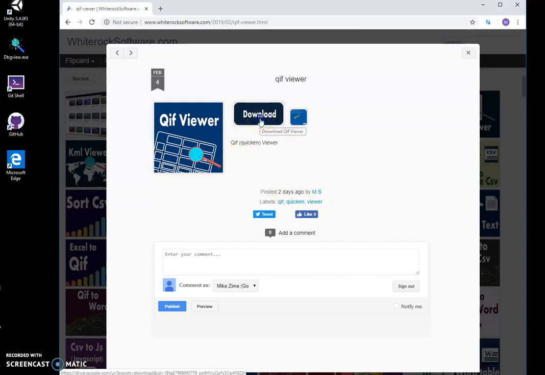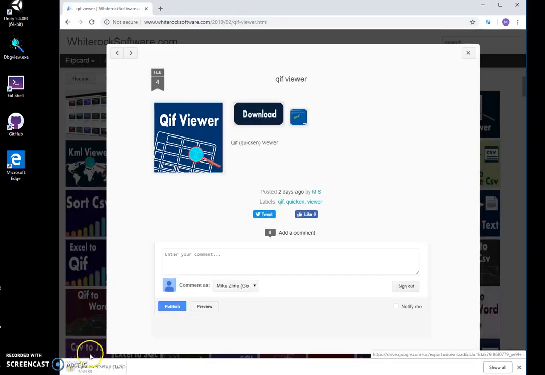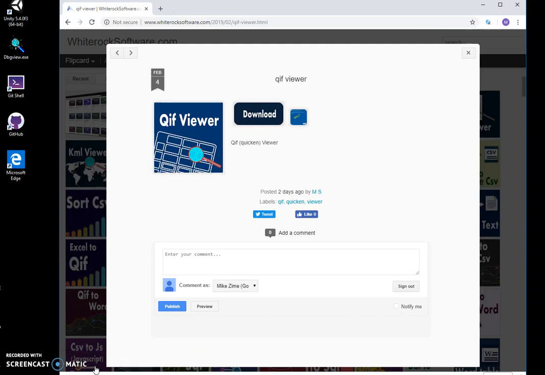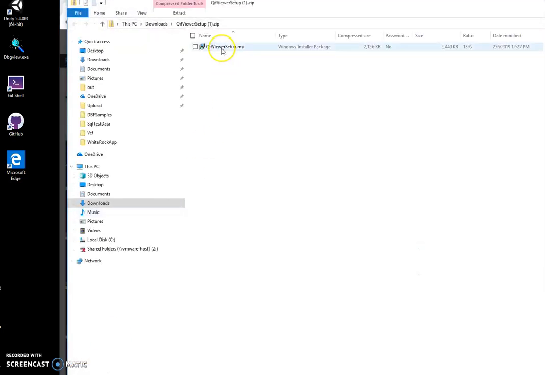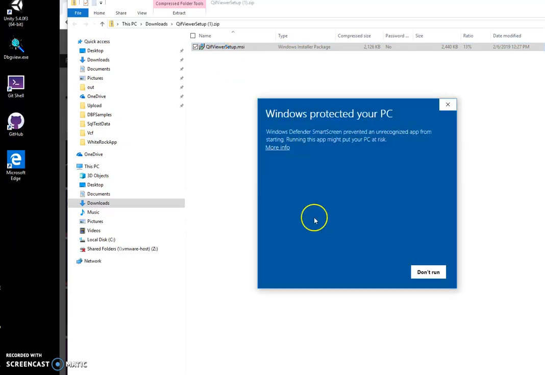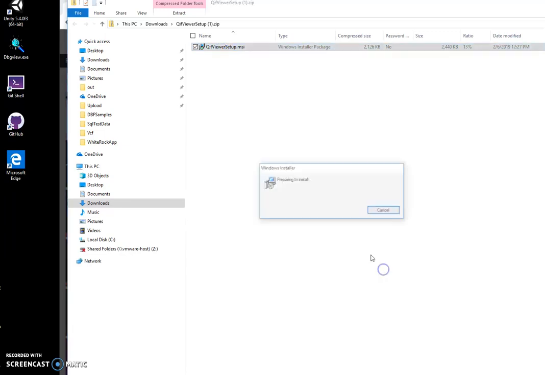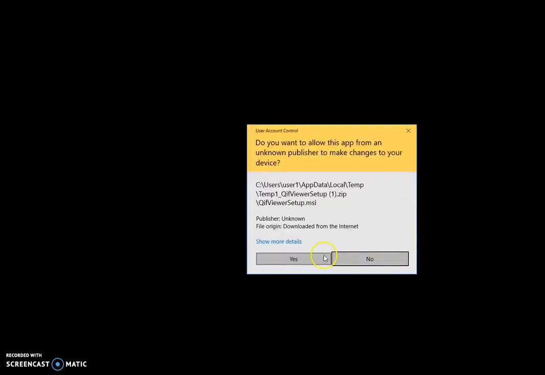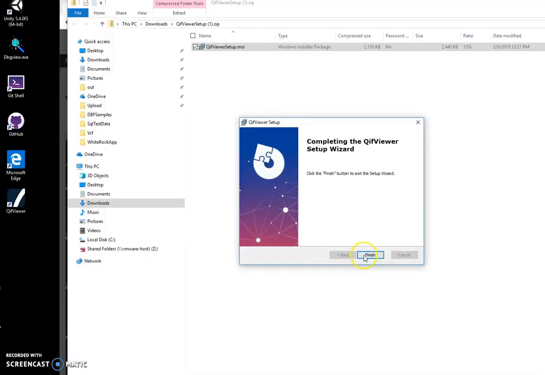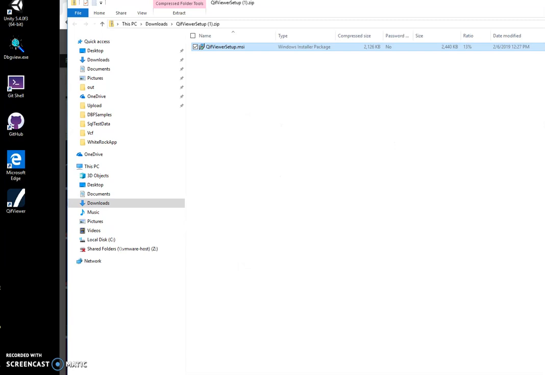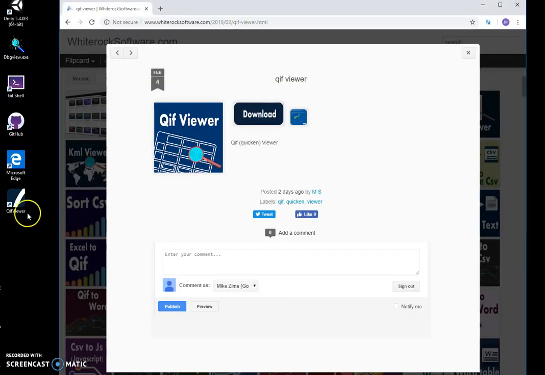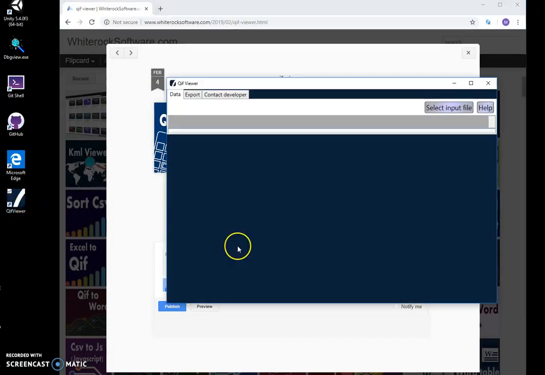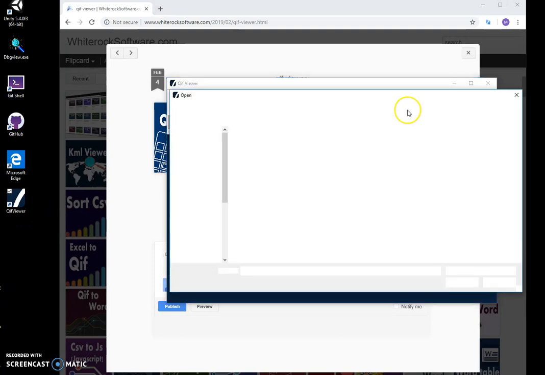To load the file, I double click on the download button and open the downloaded archive, double click on the MSI, click on more info, run anyway, next, install. Then double click on QRF, select input file,